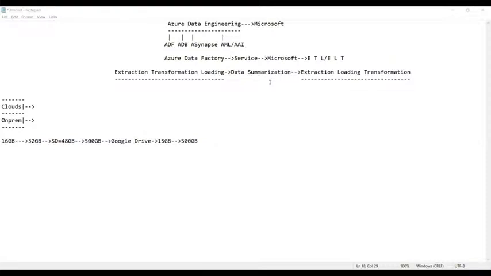Whenever you store the data in Google Drive, if you lose your mobile phone, we simply buy a new handset and log in using our email ID, the previous email ID with which this Google account was created, and we enter the password. Once we enter the password, a synchronize option will appear.